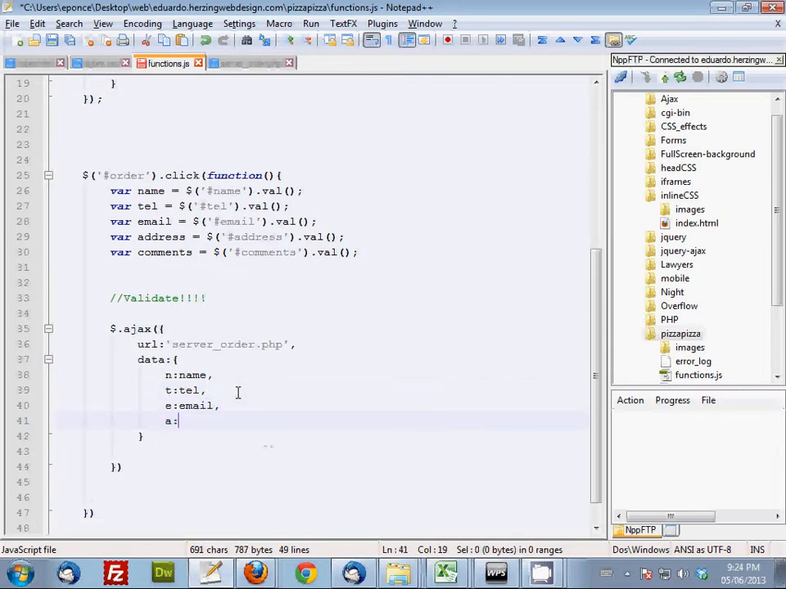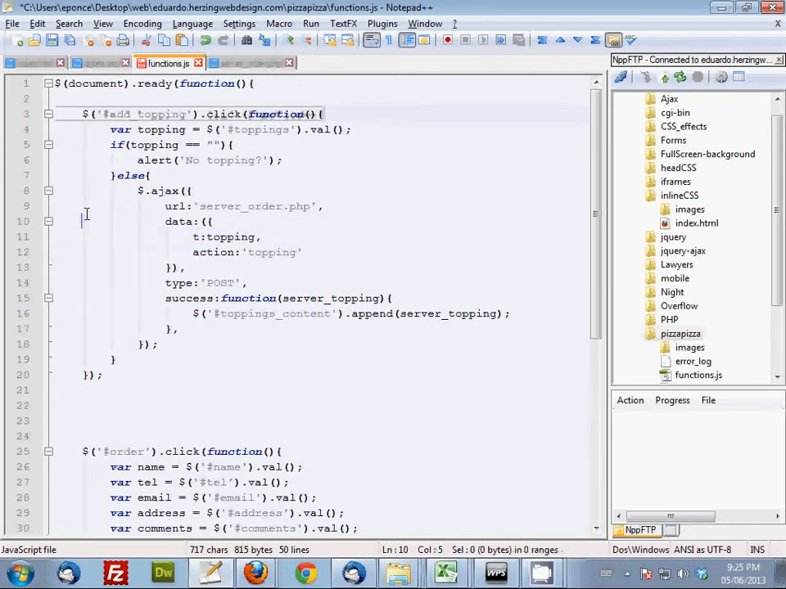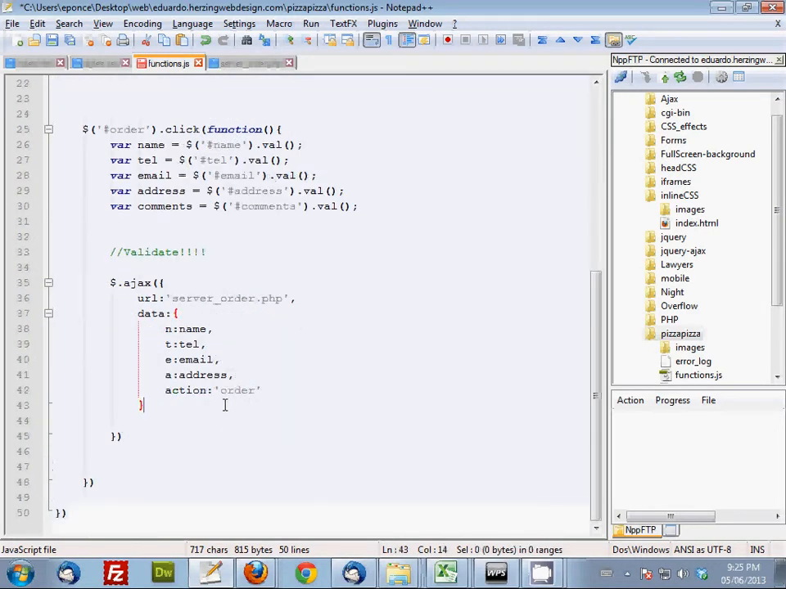No, because this variable T belongs to the function of order, and this variable T belongs to the function of topping, so they are local variables. That's the reason why local variables were created. So we can have the freedom of having the same variable names in different functions, and they do not interfere with each other. Okay? So that was the data, comma. Next. Type. What is a type? Post,